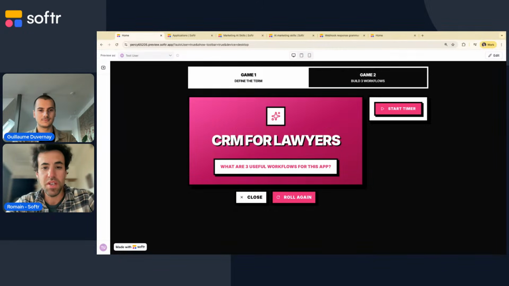So yeah, I mean, CRM for lawyers, there is different needs. Maybe an interesting one is around contracts. I think around contract, there are many things you might want to do. We have a very interesting integration that is called Docs Automator that enables to generate PDF. So generating a contract automatically, for instance, to sign NDA could be an interesting workflow.